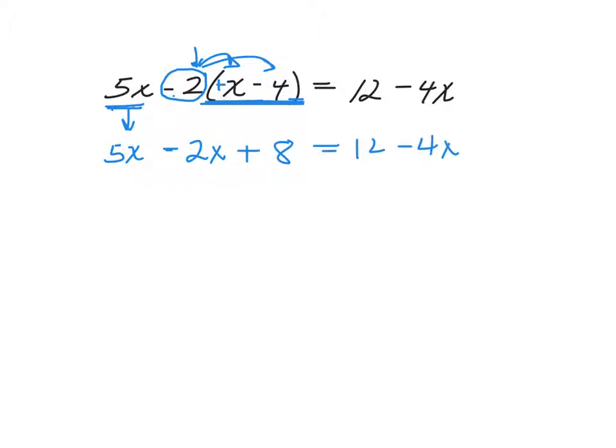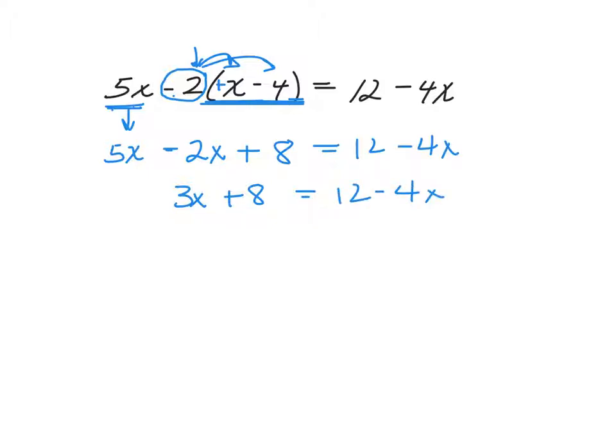And now what you have is a problem that's a little bit more manageable. And what you need to now look for is, do I have like terms on the same side? So when I do that distributive property, you're going to create 2 new terms, and if you already have an additional term out front, you just need to check, are any of the new terms you created now like terms? And in this case, what we have is we have a 5x, and then it says -2x. So if I have these 2 things together, what I'm going to do is I'm going to condense these just into 1. So I condense them into 5 minus 2, which becomes 3x, plus 8 is now equivalent to 12